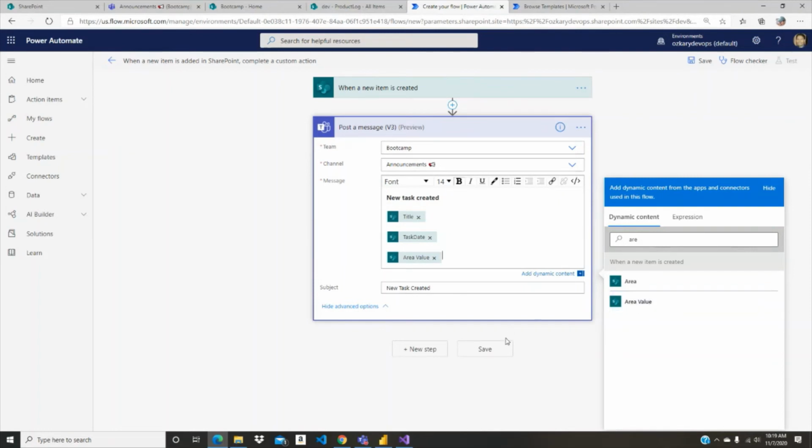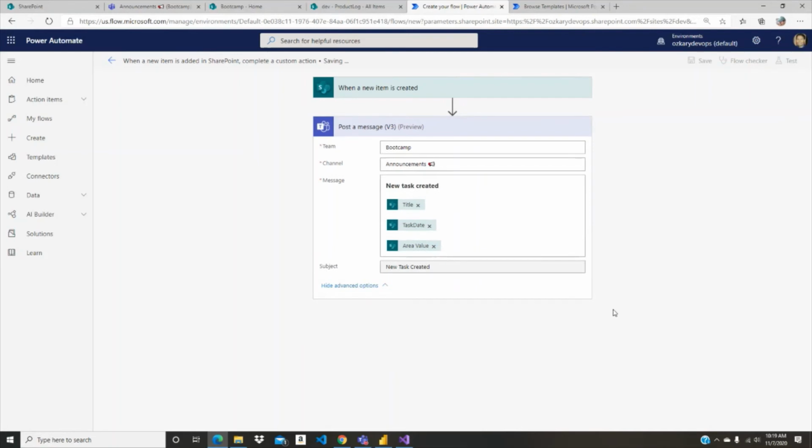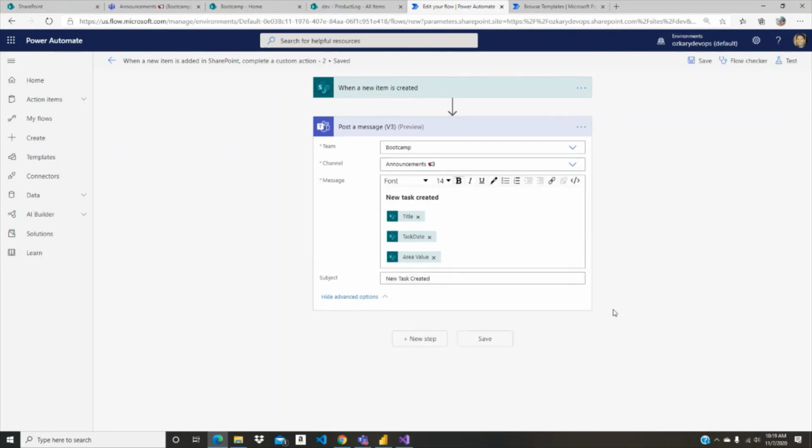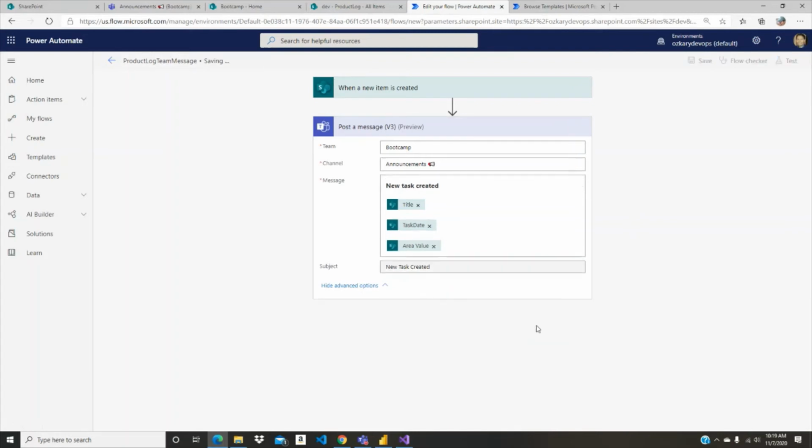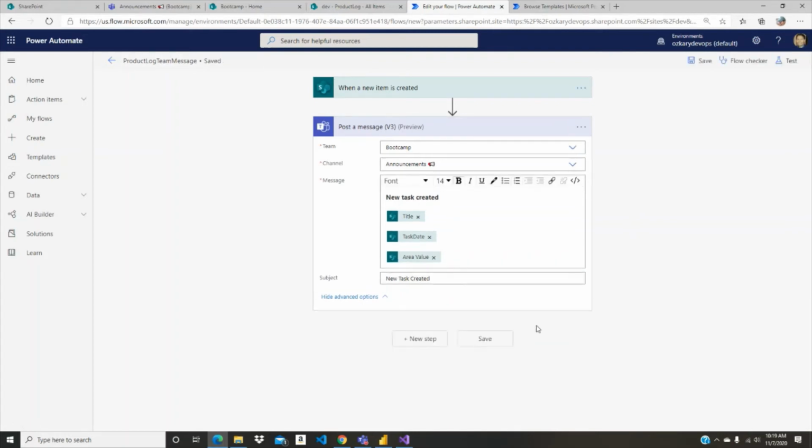So we can actually now just save this, right? And you can rename this, let's call it product log message, for example. So we know, and we're going to save it, right? And then we can actually just exit out of here,